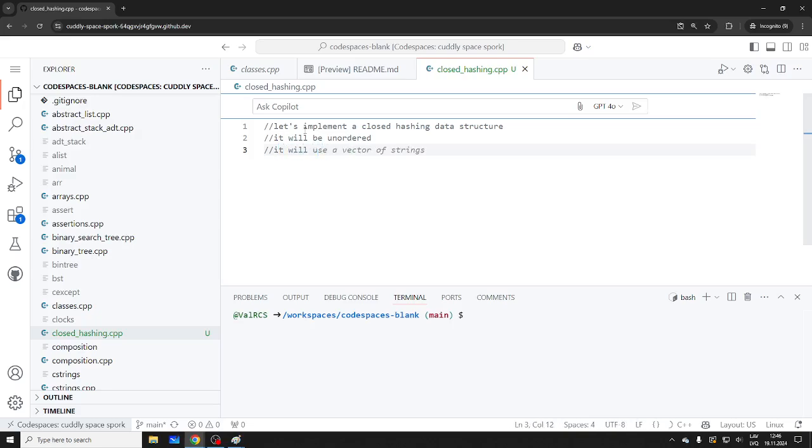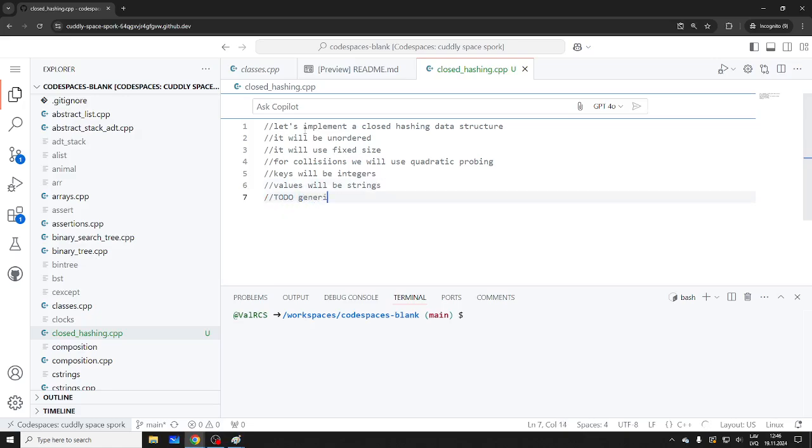It'll use fixed size. For collisions, we will use, no, let's use quadratic probing. Let's try it. Keys will be integers, right? Values will be strings. Okay, why not, right? Again, this is not generic, obviously, so we'll do generic later, right?